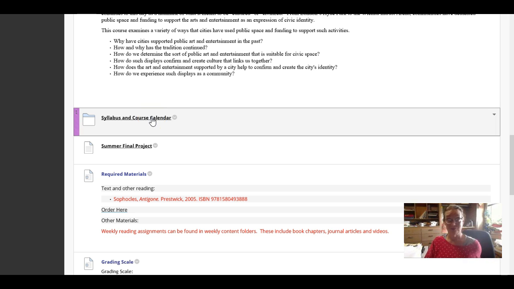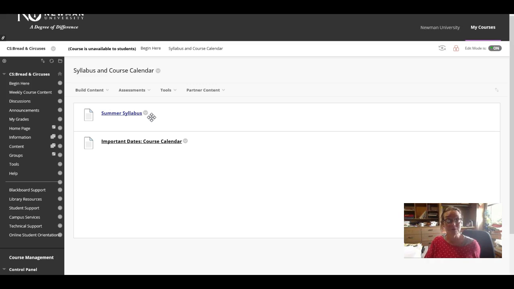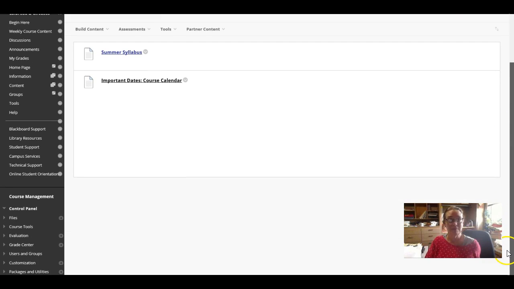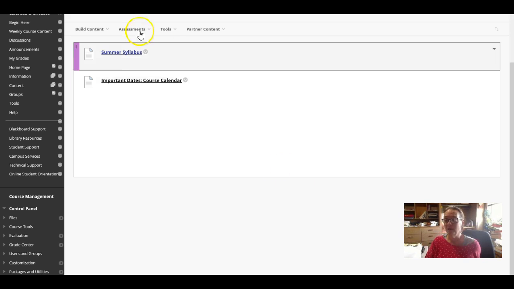There are other things to consider as you go through this first page. There's tons of information here. This is the Begin Here page. So you have the syllabus and the course calendar. You click on that, as you know, and let's see if I can get to it from this screen. I'm not sure if I'm going to be able to. Come on, little crazy thing here. Let's see if I can get that.